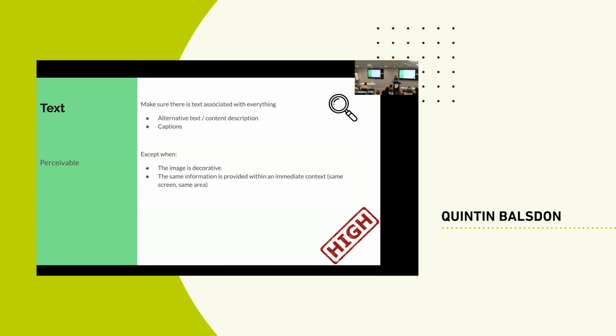So for example, everything should have text. Every element on a digital screen should have some kind of text representation. So videos should have captions, subtitles. Image buttons should have some kind of description as to what they are and potentially what they're going to do as well. We don't have to do this for decorative images. So for example, if you've got a little credit card image with pay on it, that is a decorative image, right? So we don't have to describe that.